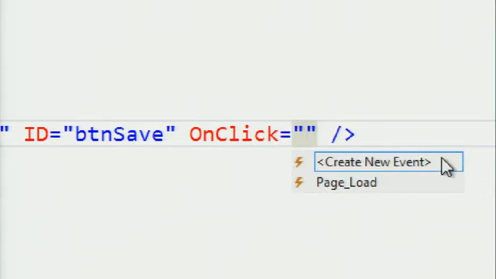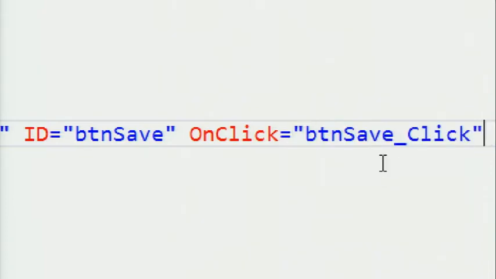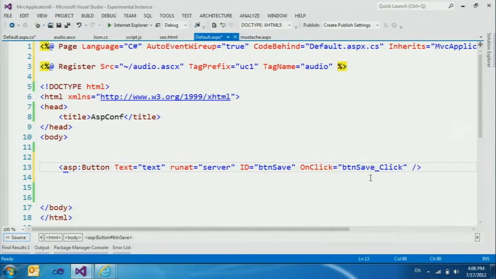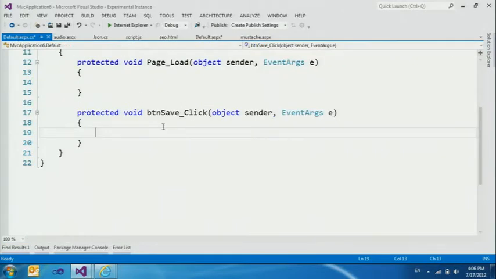Here's what we get from IntelliSense. It now lets us create a new event handler. And let me just click that. And you can see it gives me the name, and it seems to not do anything else but that. So that means now I can actually continue typing out my markup, and then I can return to my code behind when I'm ready for it. Because what actually happened is that in the background, Visual Studio opened the code behind file and created the event handler. And it put in the right event arguments, and this works, as I said, for all